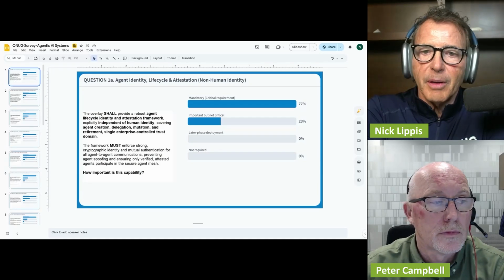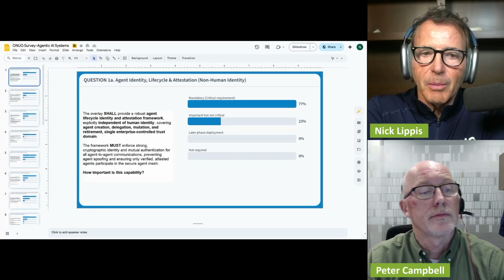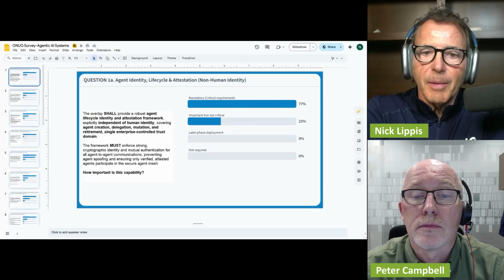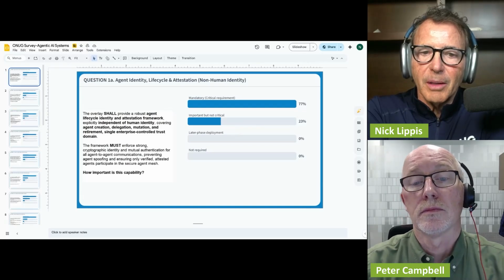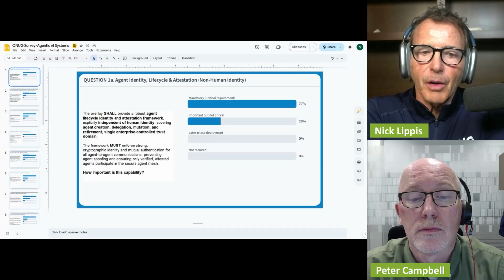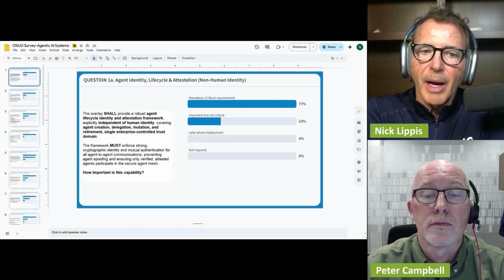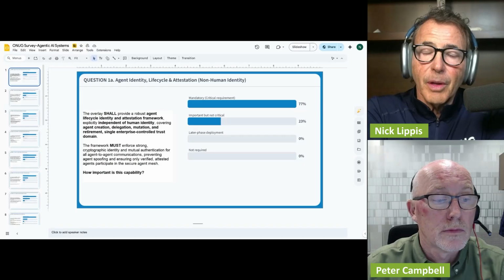Being very different than human identity. This is all machine identity. All right, just to make sure we all know what we're talking about, please bear with me. I'll read the detail of the question that we were trying to get at. It basically says that the overlay that we just presented shall provide a robust agent